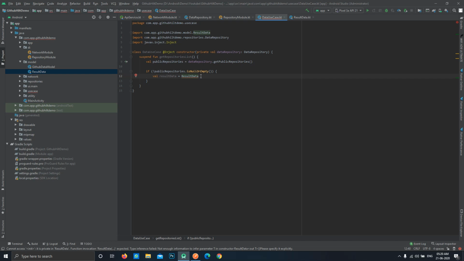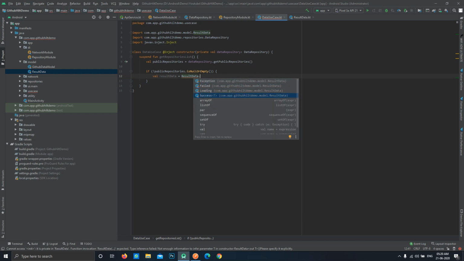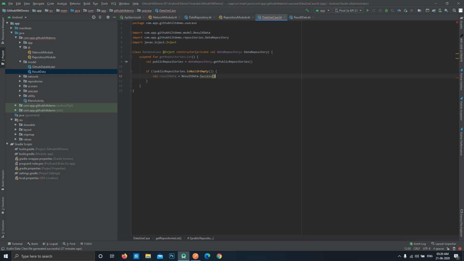So if this is a different API calling a different function and returning a different class, we don't need to create a different set of these result data, so we can use the single class. So let's use the success function over here and just pass in the result that we got, like this. What this will do is automatically take the type of this class and assign it to this result data class. This is a very convenient thing that we can use, and in the later steps we will see why we actually need to create this result data class and why we need to assign such things to it.